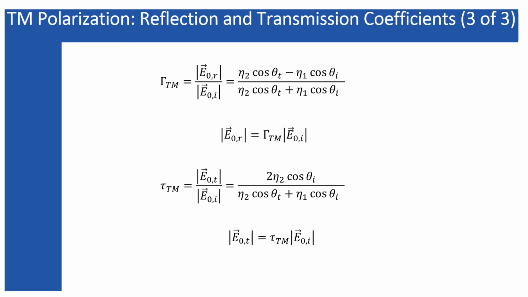Now you can see from these two equations, if theta_i goes to 0, theta_r also will be 0. So theta_i, theta_t and theta_r will be 0, and if you put theta_i, theta_r, theta_t equal to 0, this equation will be equal to the equation you have obtained for the normal incidence case.